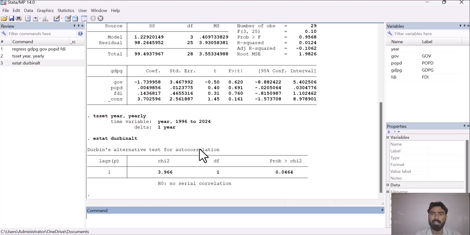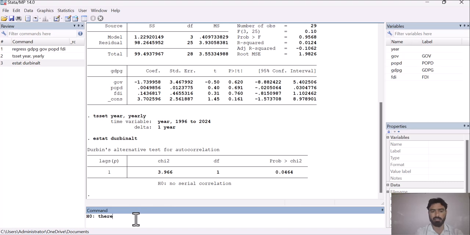So how can we say that there is an issue of autocorrelation or not? We have to make null and alternative hypotheses. As this test by default gives us the null hypothesis. So what is the null hypothesis? There is no serial correlation, and that is desirable. So what is H naught or null hypothesis?